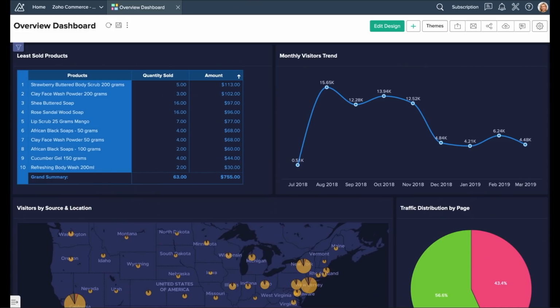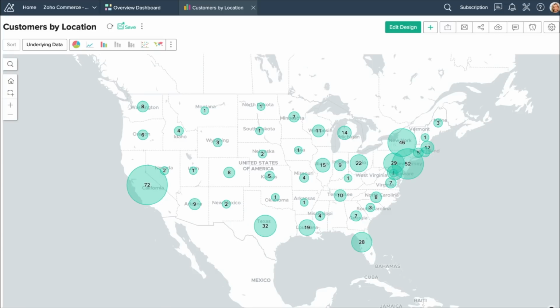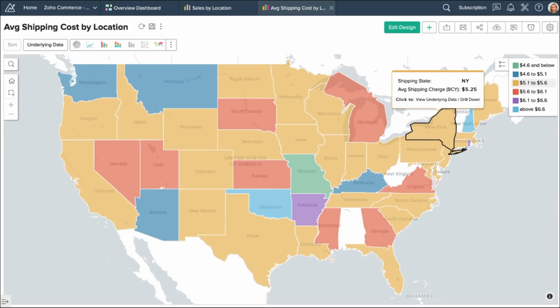And of course, several other details like visitors by location. How many visitors are coming? How many of them are adding to the cart? How is the conversion ratio per state? All of these are built into the platform. And you can look at and analyze any piece of information across geographies and across the front-end and back-end systems. On top of this data, we are also bringing in additional information by also including shipping data. Now you know what your shipping costs are by state. And all of this is also captured as part of the platform.